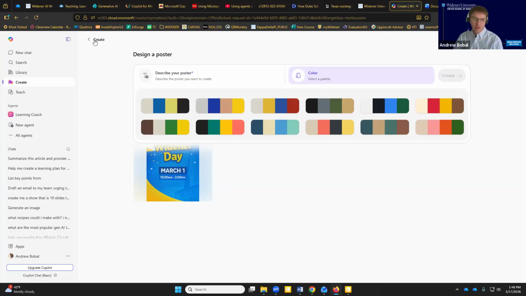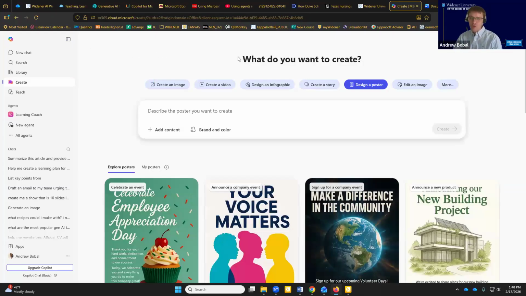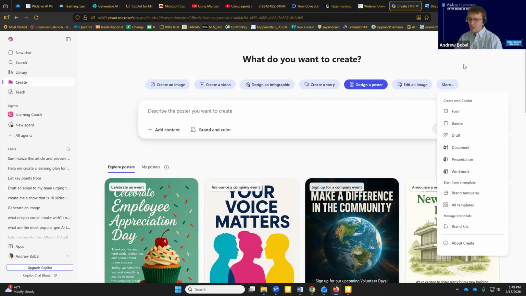Outside of creating the poster, you can see you have a whole bunch of things here. I'm not going to spend a ridiculous amount of time on that, but just think about where your mind goes with all the things that you're doing in your daily life, not only with your classes, but in your advising role, in your leadership roles, working with your groups, working with your committees, all of those things. So creating images, creating videos, infographics, all of those things. I can really see,